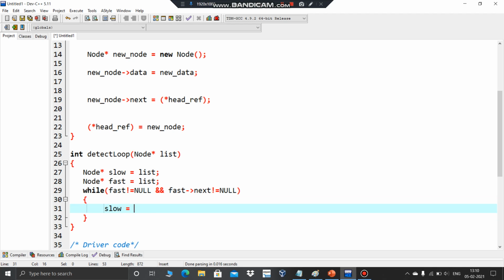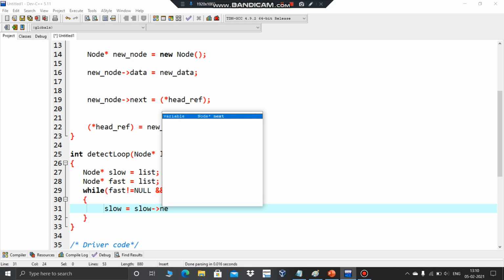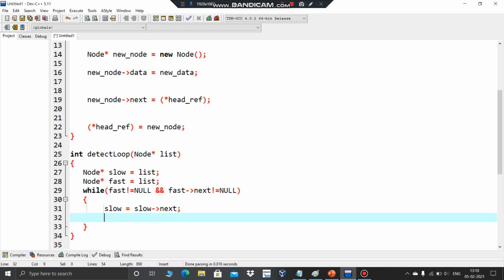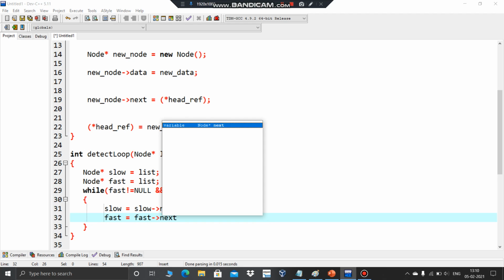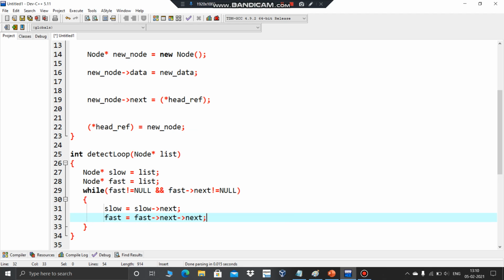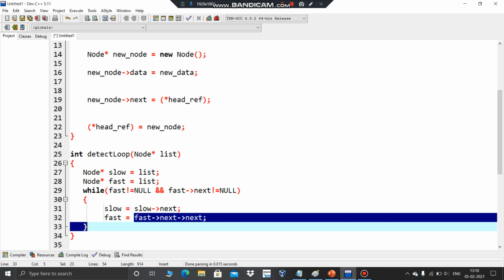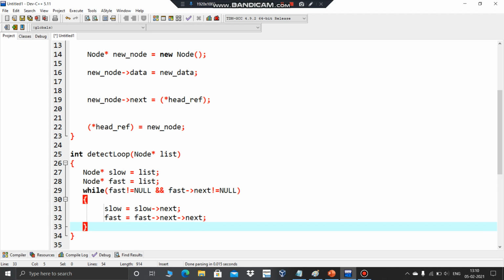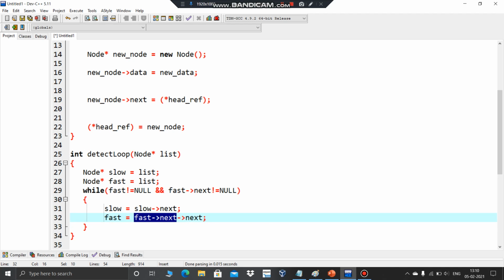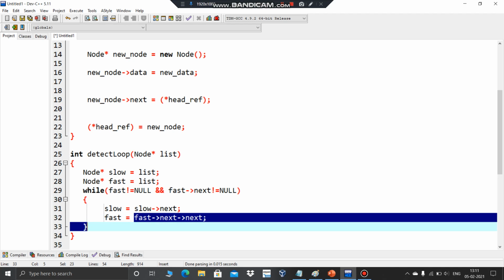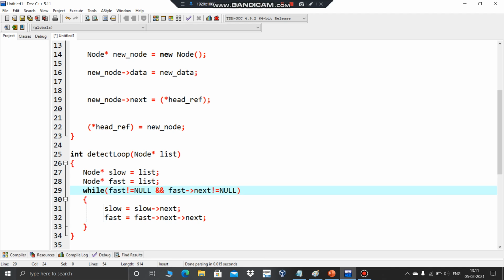In each iteration, slow pointer has to move 1 step ahead, whereas fast pointer has to move 2 steps ahead. Because I'm moving 2 steps ahead, I also have to check that this is not null. If I'm going to access something null, it may lead to segmentation fault, right? So to avoid that error, I'm also having this extra condition check that fast star next also should not be equal to null.